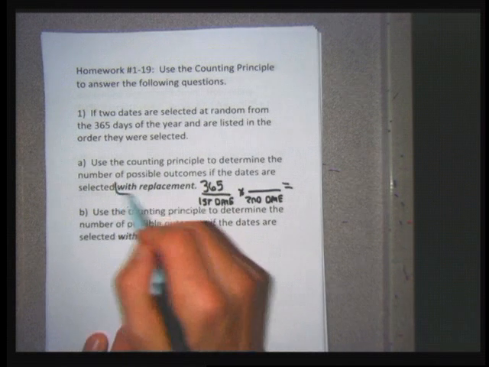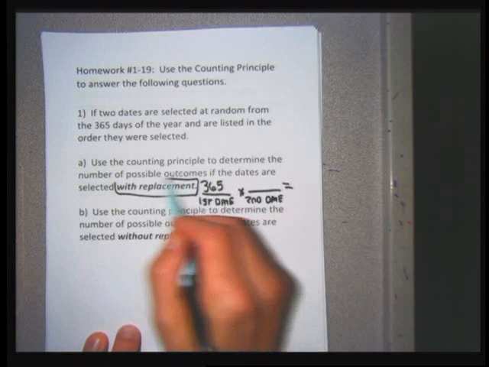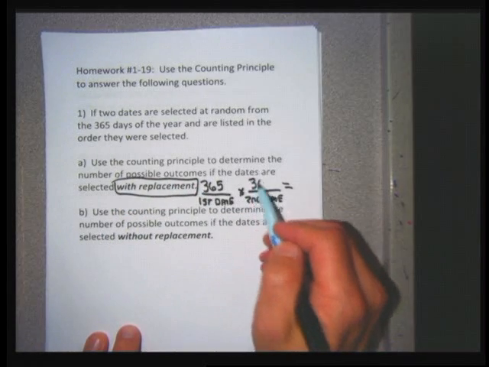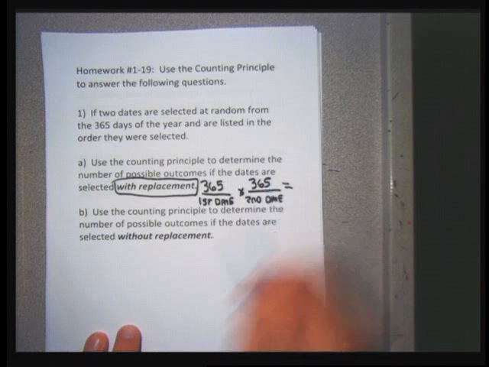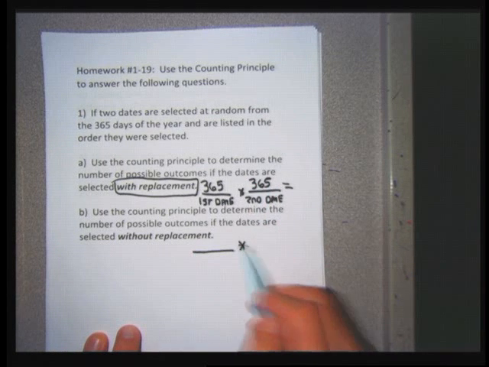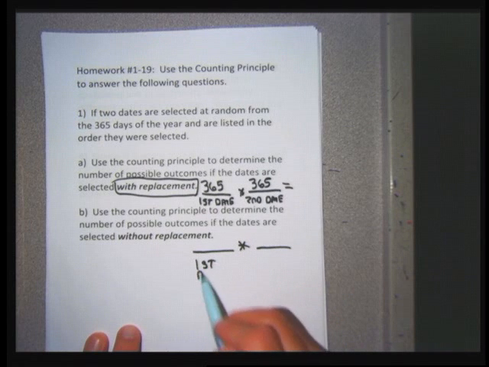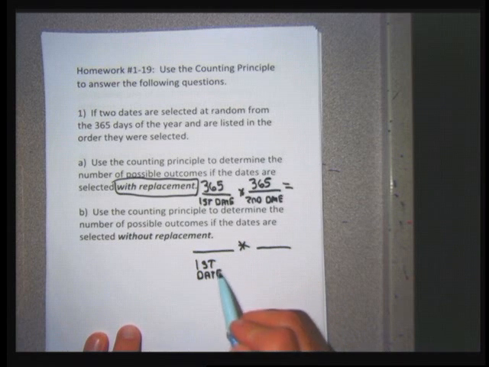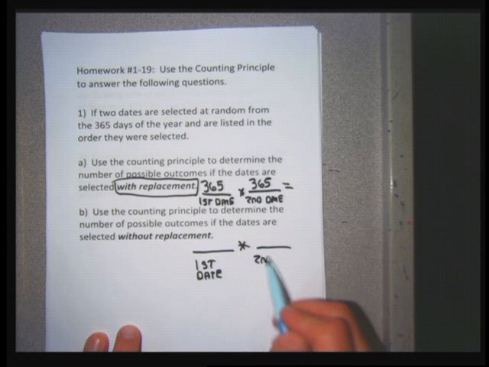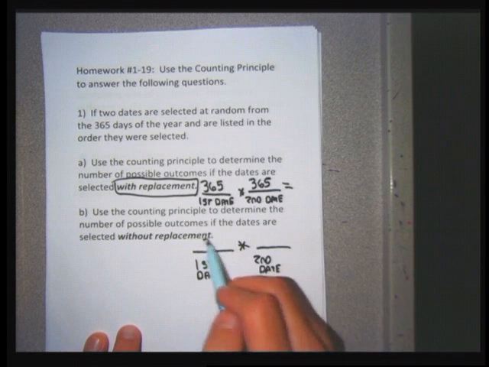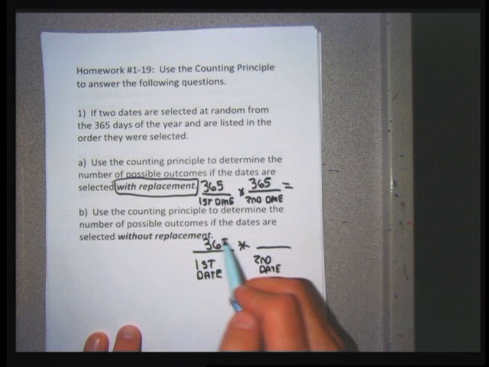When it says with replacement, that means you can pick the same date again. I won't increment down. If I say without replacement, then I need to increment down. So for your problem 1, I'm not done with them because I haven't broken out my calculator, but for both scenarios,